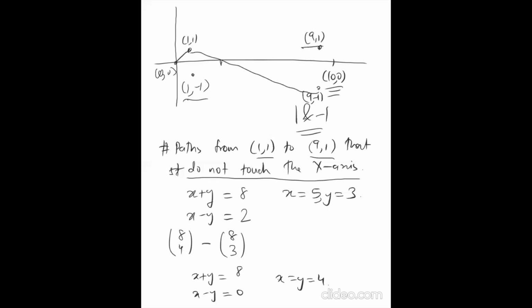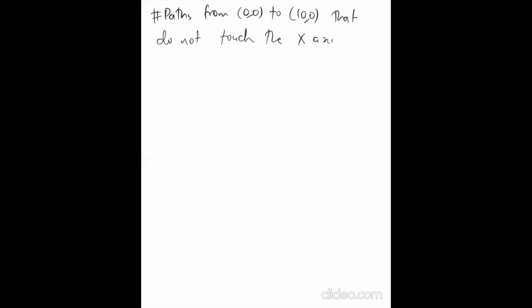Okay, so this thing that we wanted to calculate, the answer is this. All right, and we are still not done, because we wanted the number of paths from (0, 0) to (10, 0) that do not touch the x-axis. Okay, the fact that they do not touch the x-axis in the middle is given. Because obviously they have to touch the x-axis at the endpoints because the two endpoints lie on the x-axis.